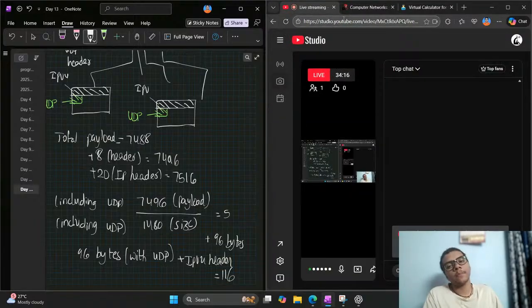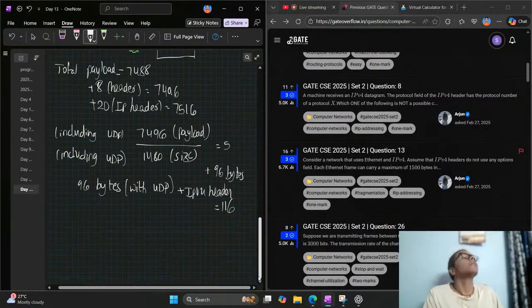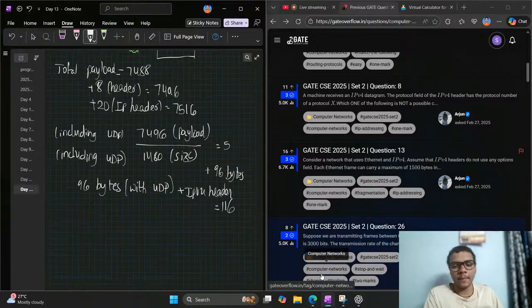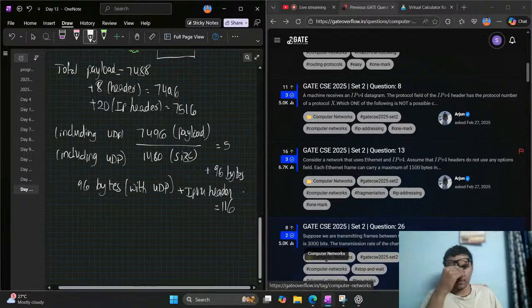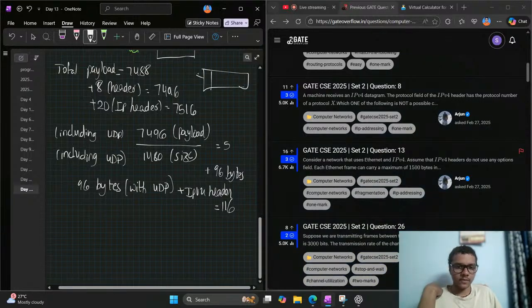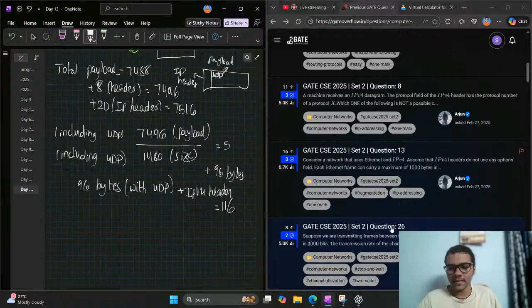So combine the IPv4 header and UDP header. You will get that. So treat this as 2 units, right? IP and payload. So this payload may contain UDP. We don't care. That made calculations way easier.